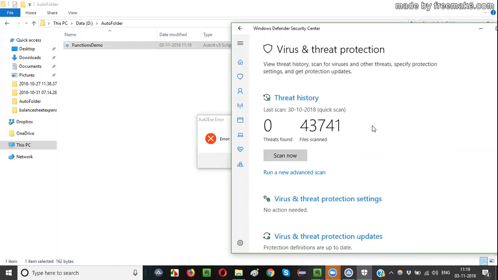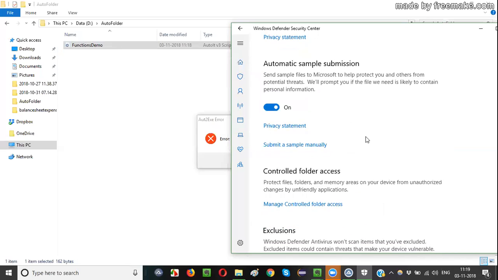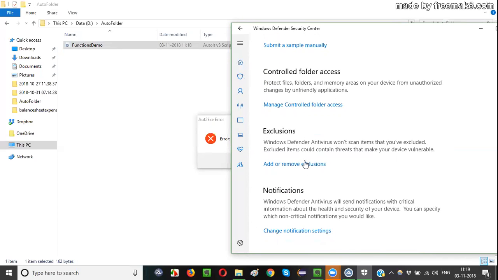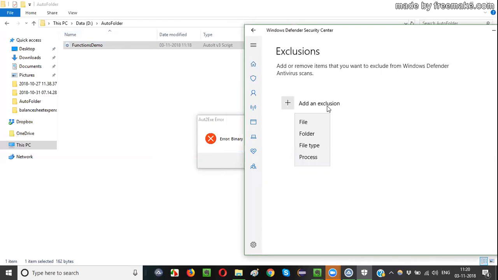In your antivirus, you have to do some R&D and find out the settings. Virus and threat protection settings, I have to go to that. And here is something known as exclusions. In the exclusions, add exclusion. We are trying to compile this file and generate an exe file, guys. That's where it's not allowing you, and my antivirus is treating that particular process as a virus activity. But this is not a virus activity, guys. It's very safe and secure. So to stop that for a period of time, I will click on add exclusion and say